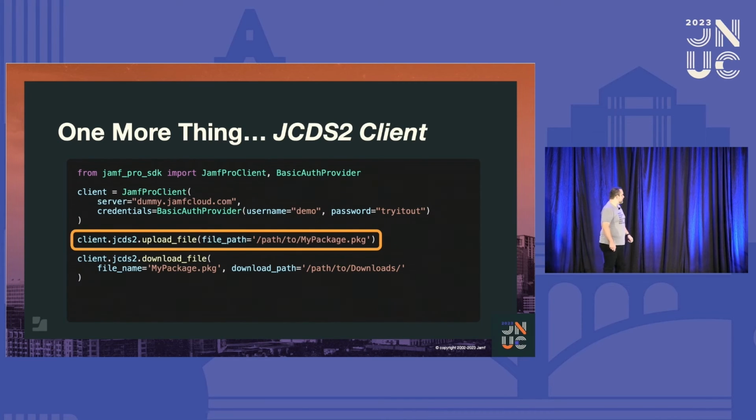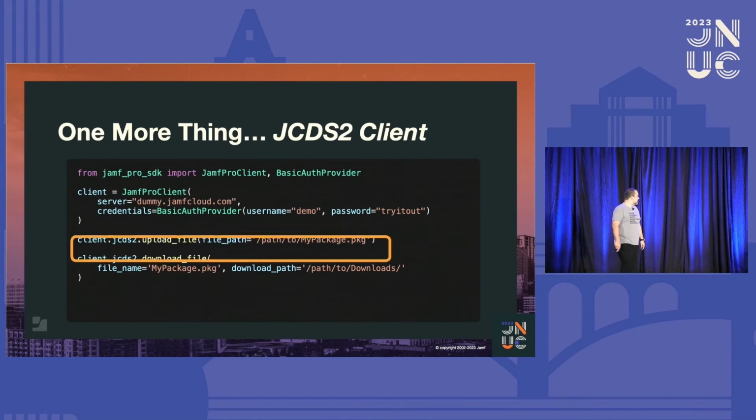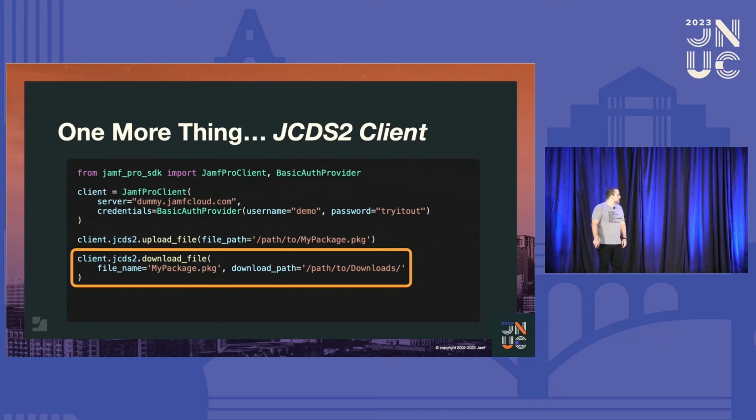Pretty cool. And then after it successfully uploads the file, it will then create the package object using the Classic API, because that's not in the Pro API yet, and you're ready to go. The download file works kind of the same way. Instead of just doing a single file download operation, it will actually chunk it out, do it in 20 megabyte chunks,